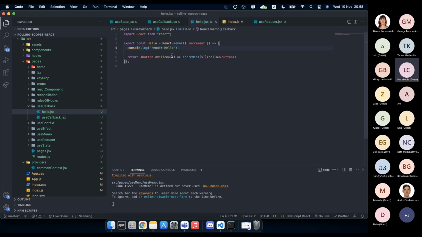But how can we prevent it? This is unnecessary, right? Because in Hello we only have a button and it never changes. It is still the same, so we don't need to re-render this Hello every time. So how can we do it? We have a method, it's called memo. It's React.memo, and this means that